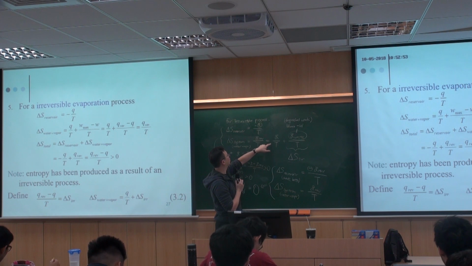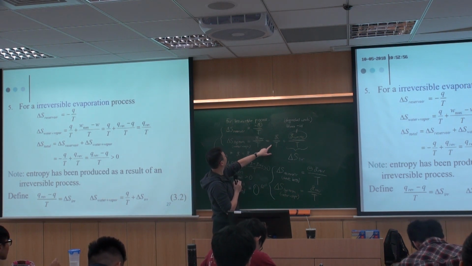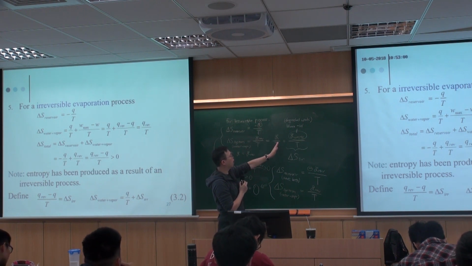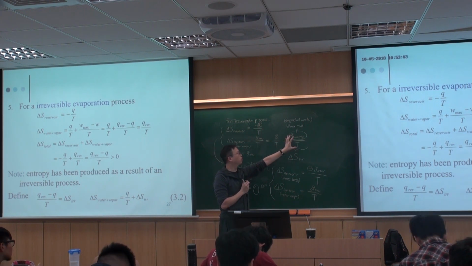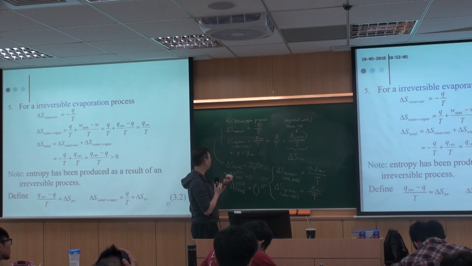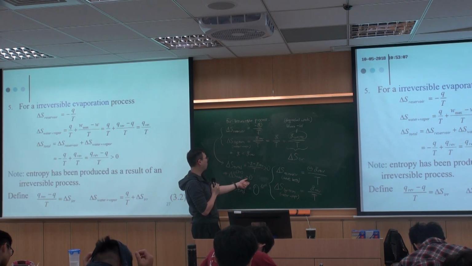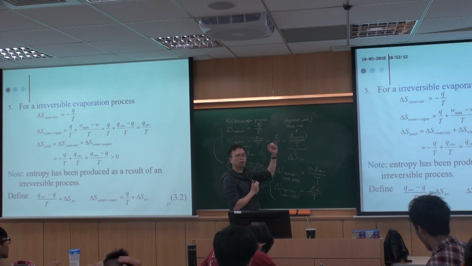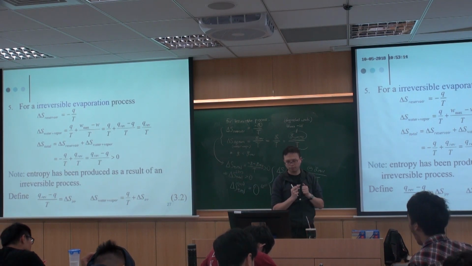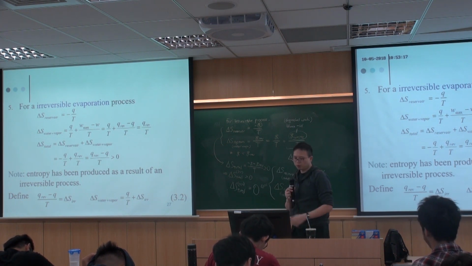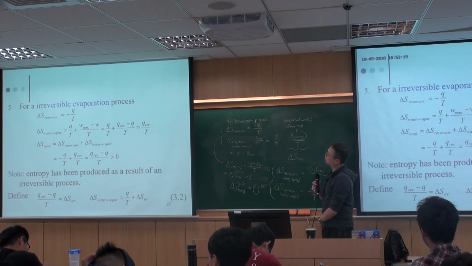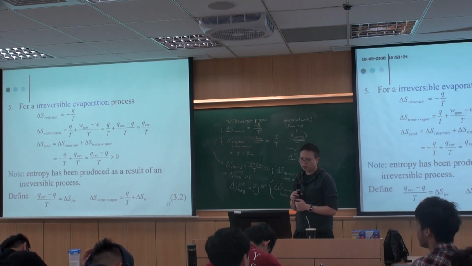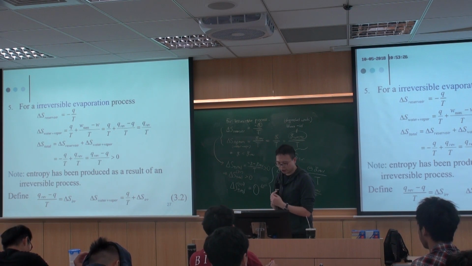So these two terms should be the same. And if you add these two together, these two should cancel out, and you're left with this term. Therefore, this delta S total greater than 0 is mainly coming from the waste. Okay? This part I think is very important. So please go back and go through this more than one time to get a better understanding.